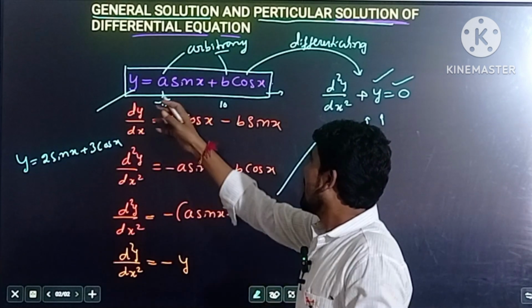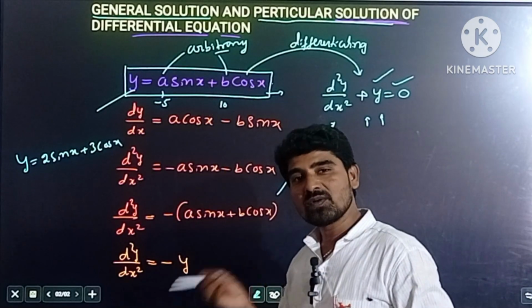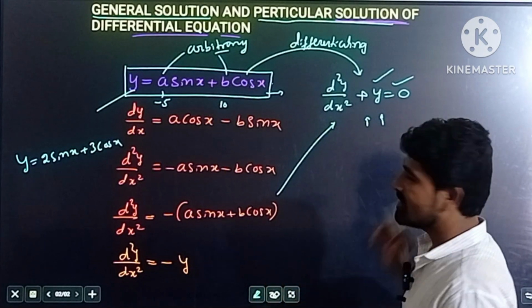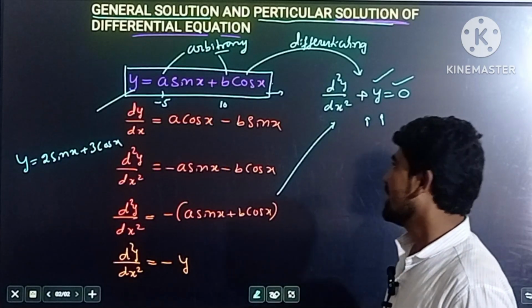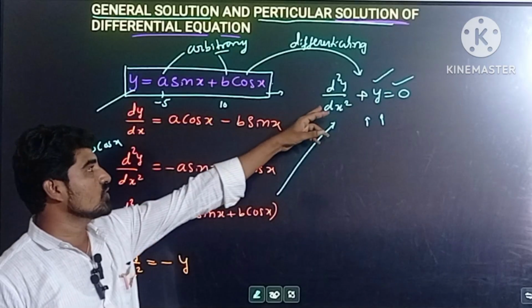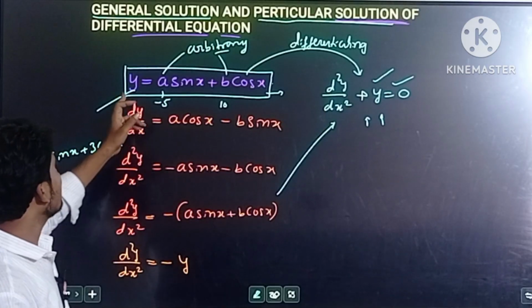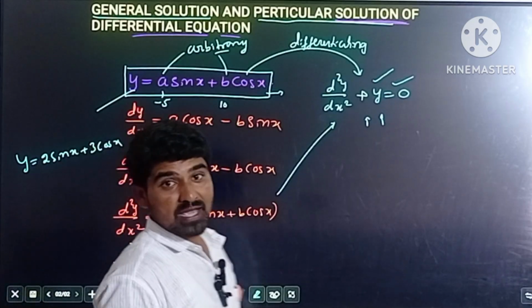As we change the values of a and b in this y, we are going to get new solutions of the differential equation. I hope all of you are understanding. It means, in general, the solution of this differential equation we can write as y equals a sin x plus b cos x. Hence,